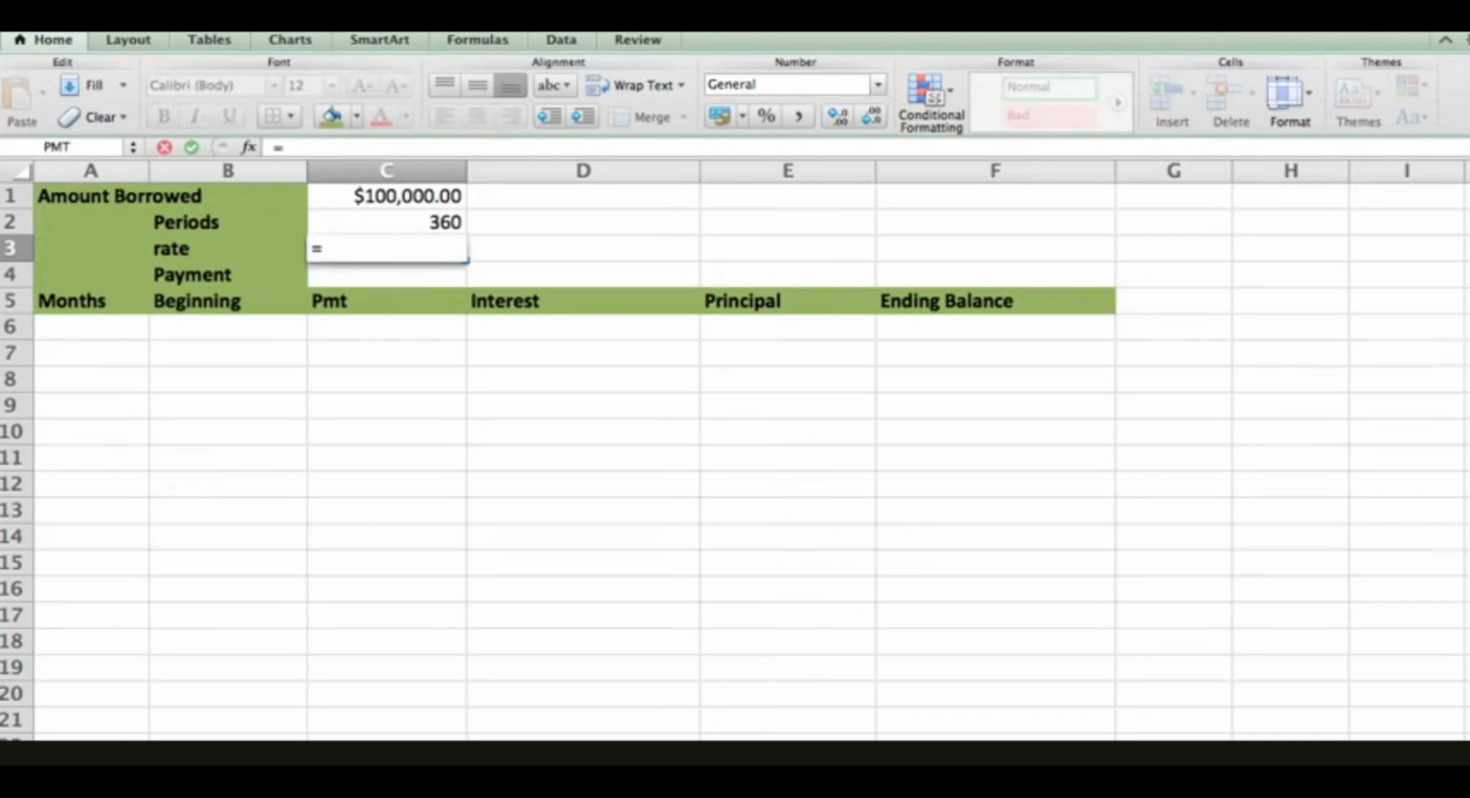The rate is going to be, let's say that they charge me 13%, but I'm going to put it monthly. So this is 0.13 divided by 12. And finally, I'm going to have the payment, which is going to be the following. Equals